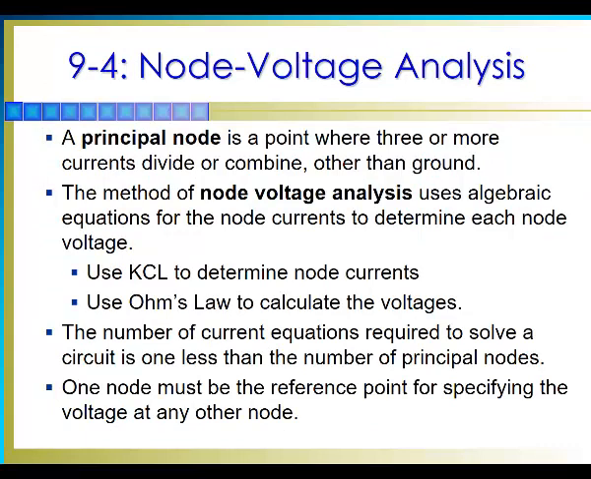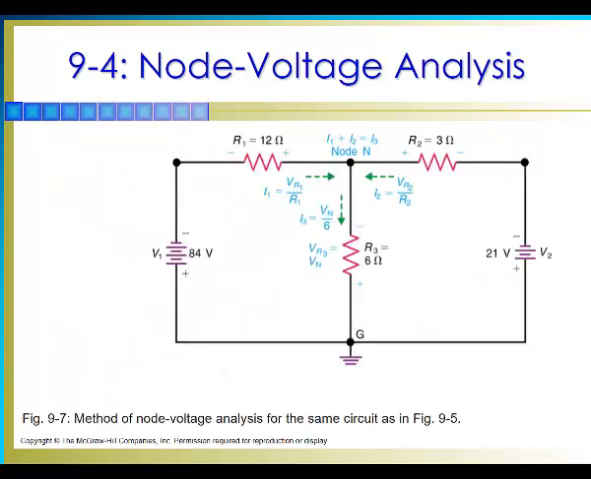And so the node voltage analysis: a principal node is a point where 3 or more currents divide or combine, other than the ground. Now let's see an example so we can get a better idea. If we're going to use the node voltage analysis, what we need to find is the voltage on this node, okay? So if we take a look at this loop right here, if we go from here, you have 84,